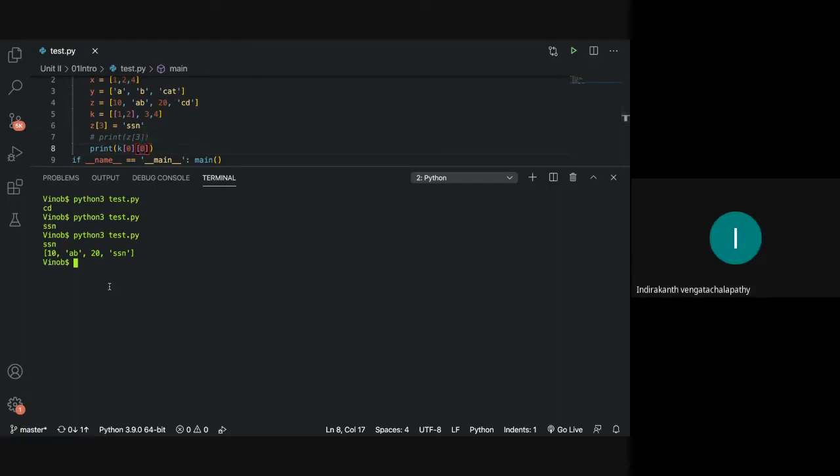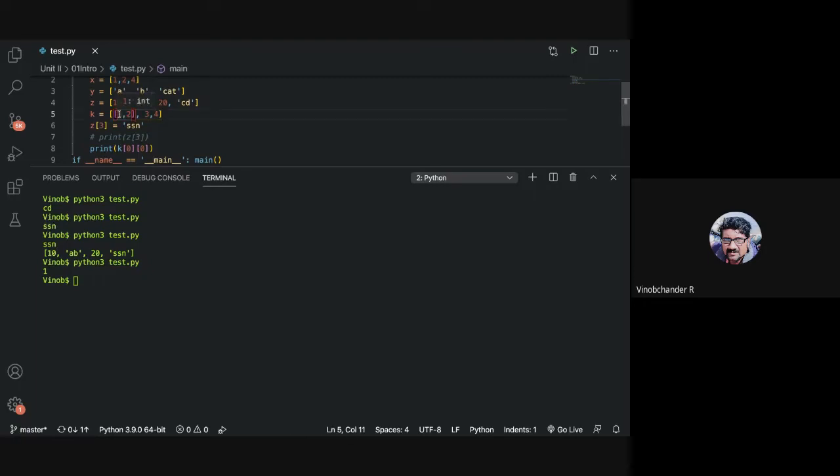There are no rows and columns as such in k, but your first element itself is a list, 1, 2.